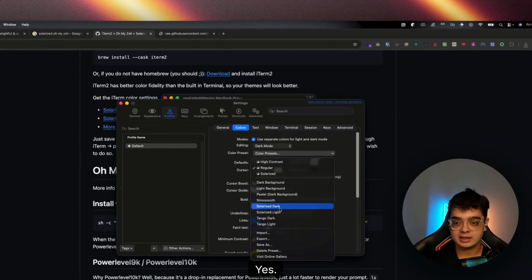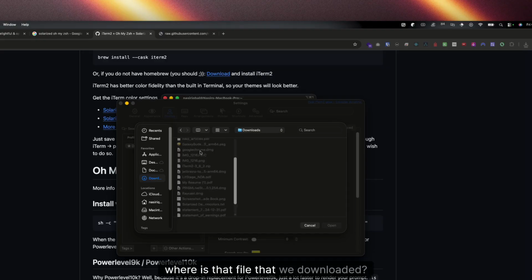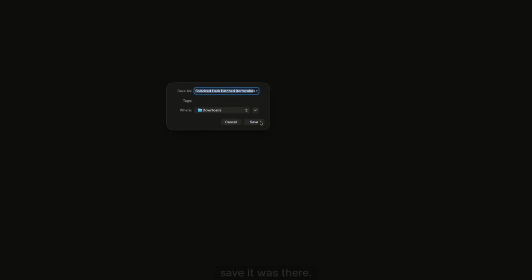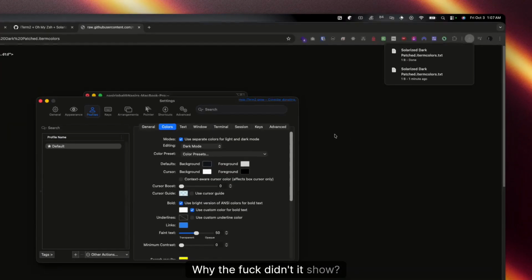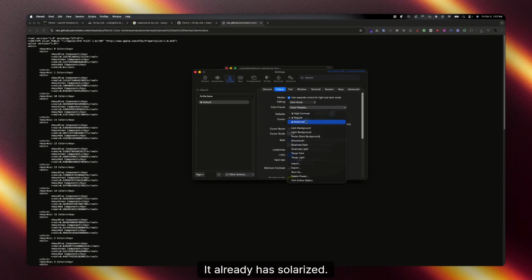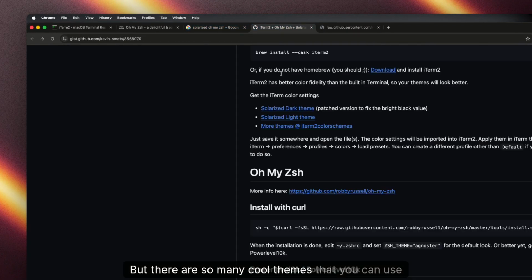Color presets, yes. And in here you can click on import, and you can go to your downloads, and where is that file that we downloaded? Didn't we save it? Save as .txt. Save. It was there. Why didn't it show? So editing dark mode, color preset. It already has solarized. It already has solarized dark. So I guess they come up with this by default now. I am too old. I had to import it,